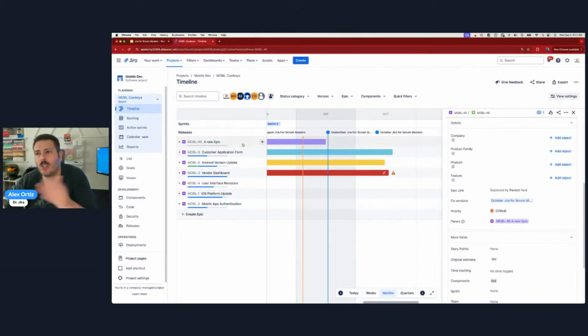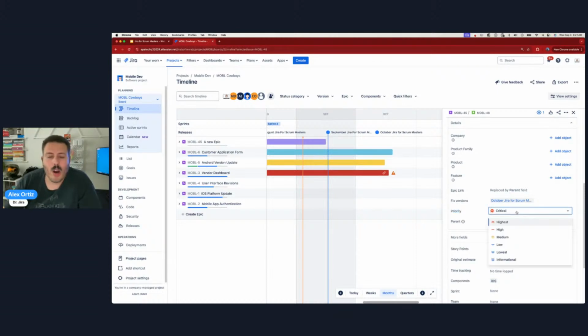Because as we go into the second half of this training, you're going to see how all this comes together when we have fixed versions, we have components, we have epics, and we have the rank of the epic, right? We also have the priority field. The priority field is a pretty critical field that we can use to add yet another layer of complexity to, hey, we have all these items, but out of all these items, they have to work in this order, right? And so we have a lot of levers, a lot of different data points that we can leverage